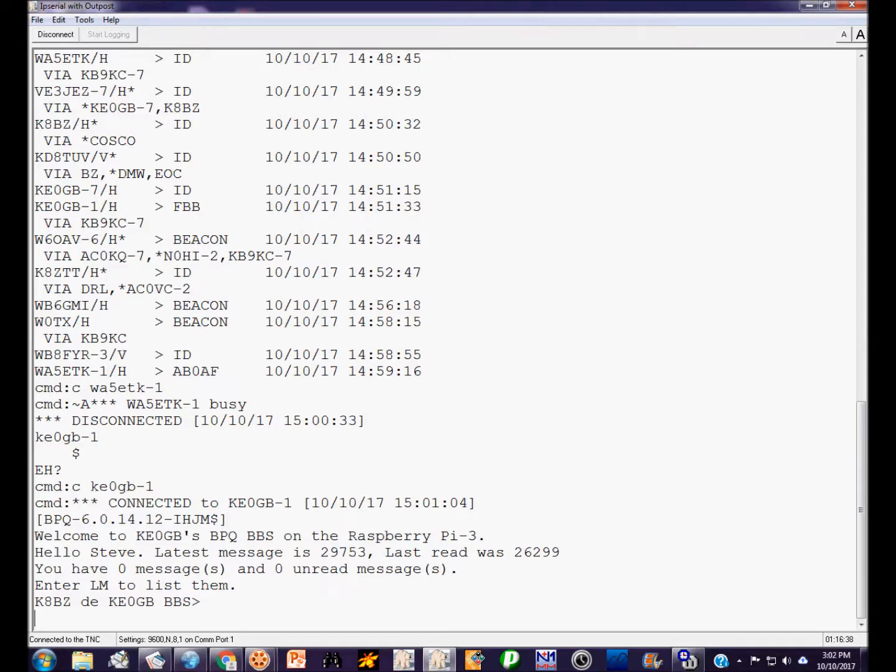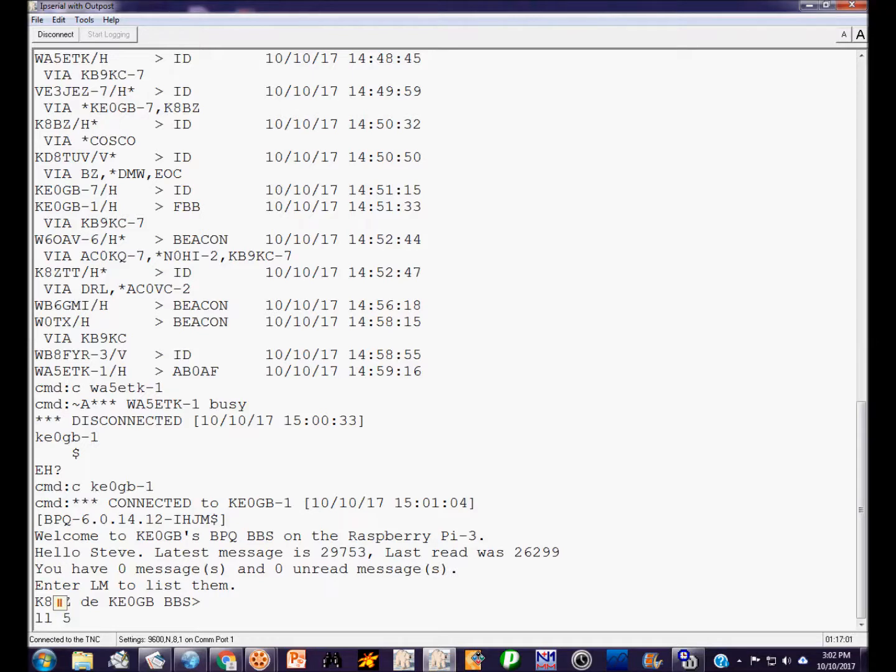I can either get my messages directly off the bulletin board by connecting to KE0GB-1, or Rick has his system automatically configured to forward my messages directly here to Michigan to my station, to my TNC at K8BZ-1. Now, I don't have any messages currently in the system, but I'm just going to list